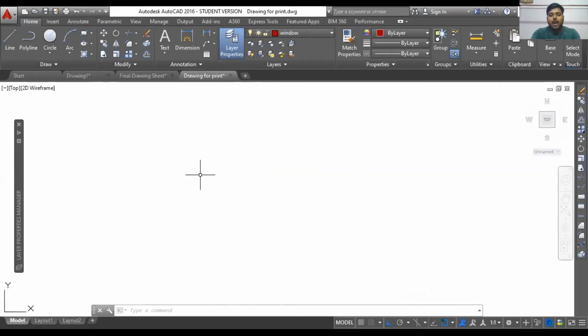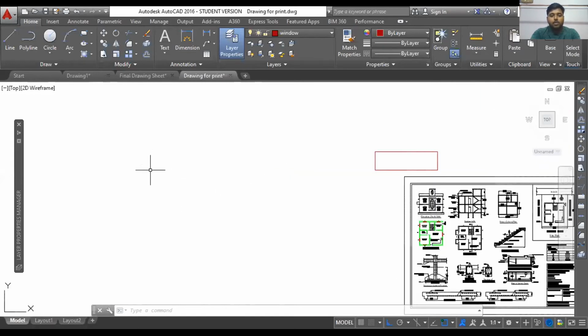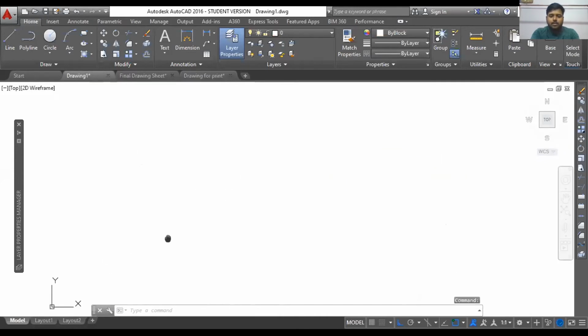So these are the basics at least that you should keep in mind while going to start something. And obviously, before drafting, you need to set the units and the page setup. You have to do that as well. I haven't shown you that. I think Devdatta already told you that. But if not, I'm again repeating it.